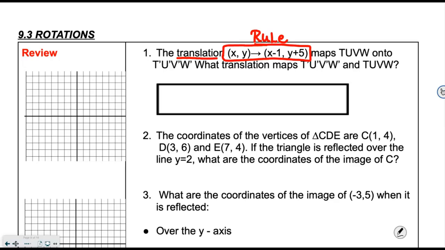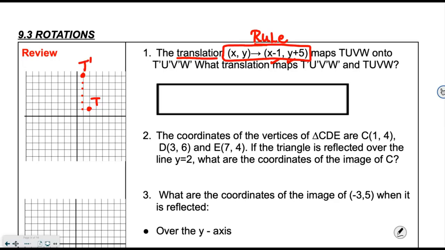called the rotation. So it says, if this rule maps TUVW onto T prime, U prime, V prime, W prime. Now I'm just going to put a fake T right here. What it's saying is the whole four-sided figure gets moved, but I'm just going to move T according to this rule. I should move T one to the left. I'm going to put T over here actually, so I have room to move it 5 up. So I'm going to move T one to the left, and this plus 5 means 5 up. So 1 to the left, and 1, 2, 3, 4, 5 up, and I'm going to put my new T